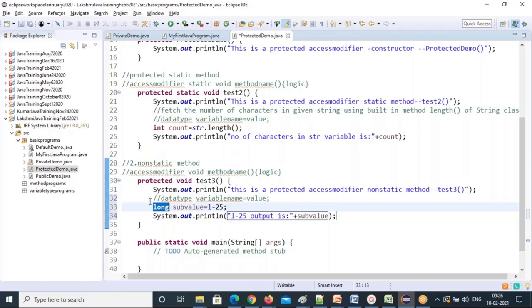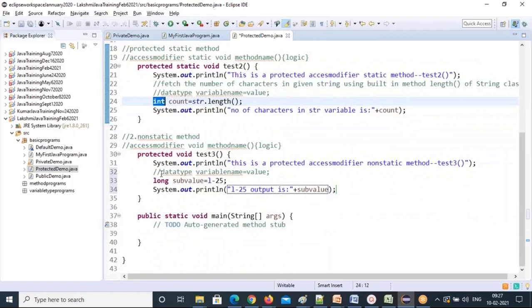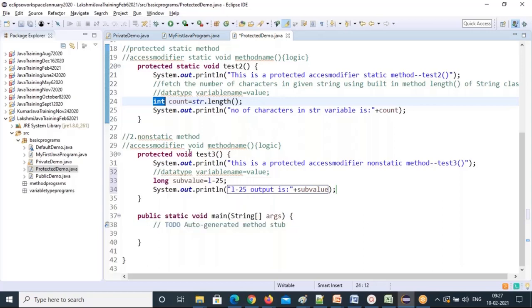No access modifier you are using here. For local variables, you should not use any access modifier keywords. Keep this point in mind. You should not use an access modifier keyword inside the method, only on the method line, but not for variables.